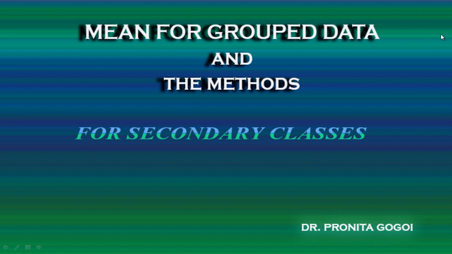Before starting the topic, let me explain some basic but very important terms, the data. Now, what is data? The word data refers to information that is collected and recorded. It can be in the form of numbers, words, measurements, and much more. There are two types of data, and these are qualitative data and quantitative data. But here we are not discussing the qualitative and quantitative data.